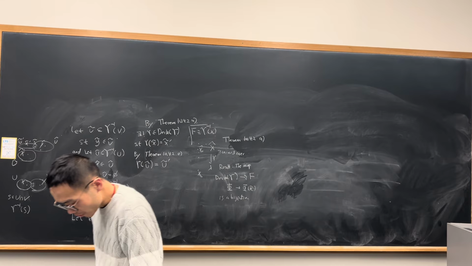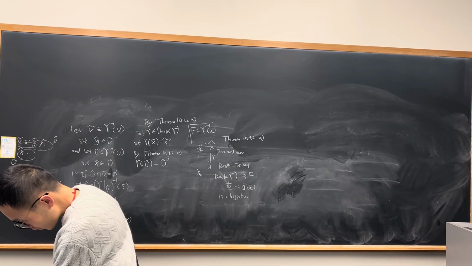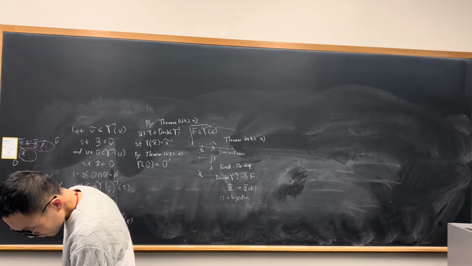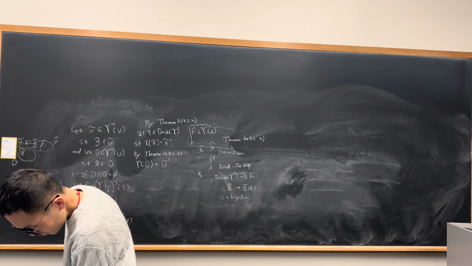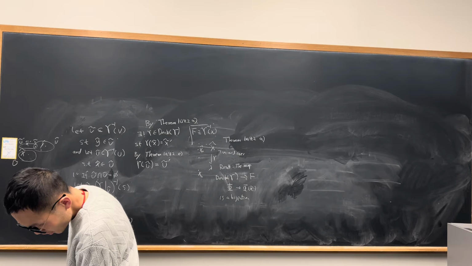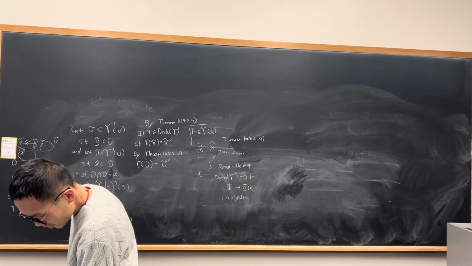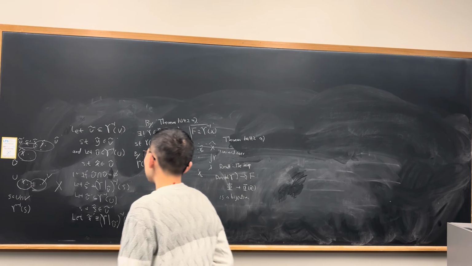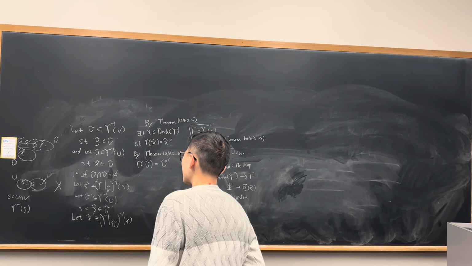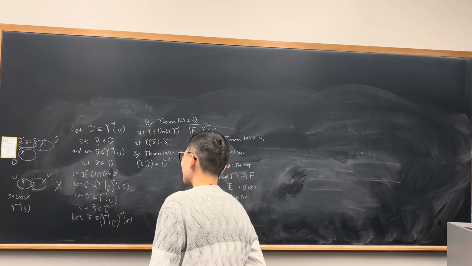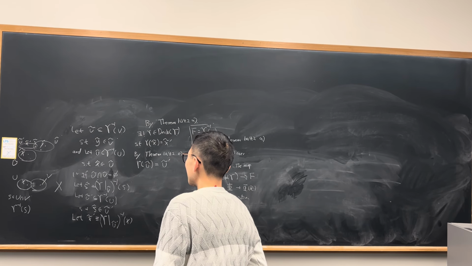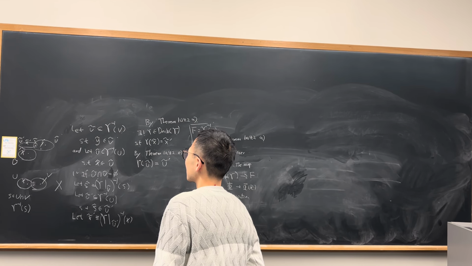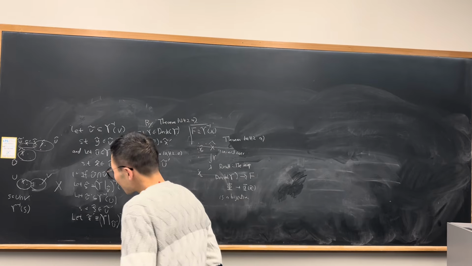Okay, so what do I want to show here? I want to show that this gamma action has the property of continuity, right? So this means that the set of all